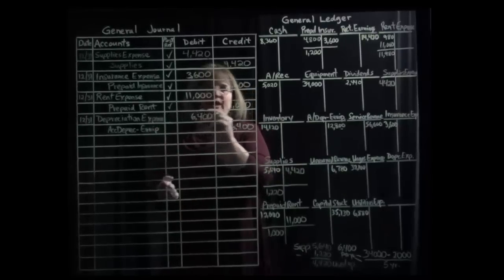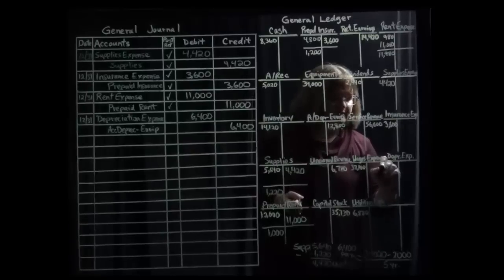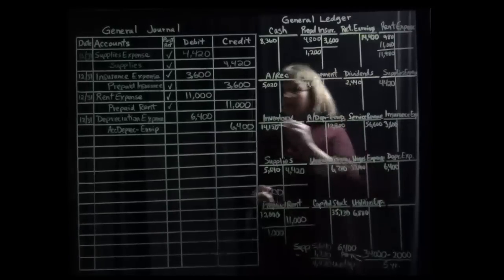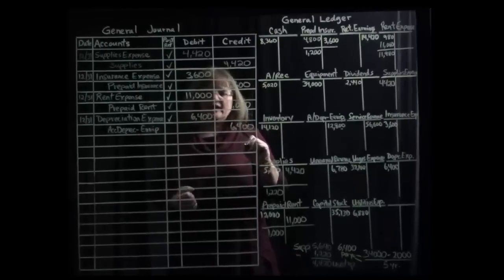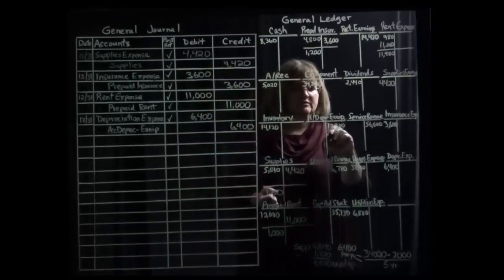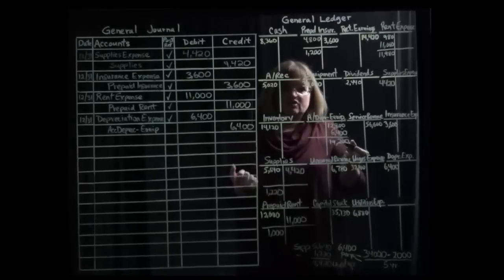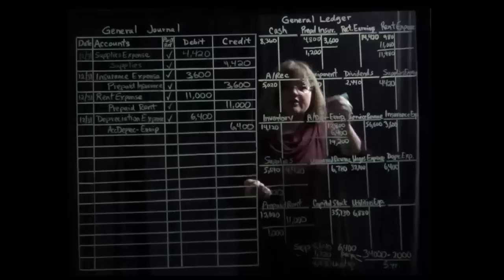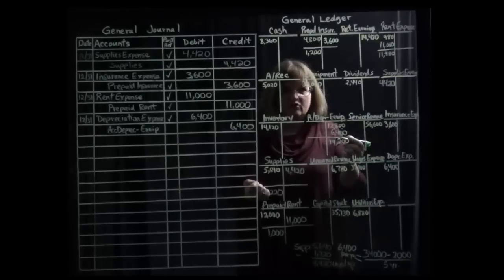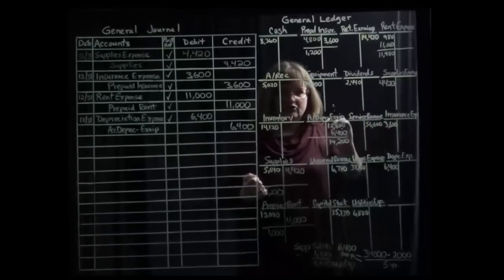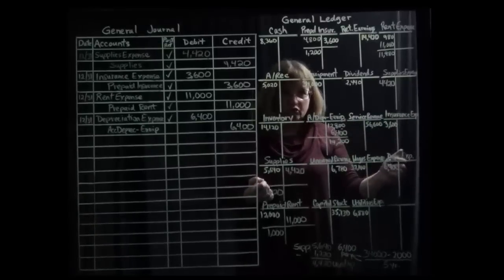We post the first part of our entry as a debit to depreciation expense, and then we post the credit side of our entry to that accumulated depreciation account. That brings the balance in the accumulated depreciation to $19,200, which represents 3 years worth of depreciation, which is what we wanted. There's 2 years remaining undepreciated cost value left in the equipment. That's going to be the net asset value, and the expense represents 1 year worth, which is what we want